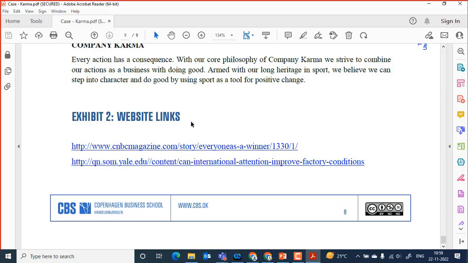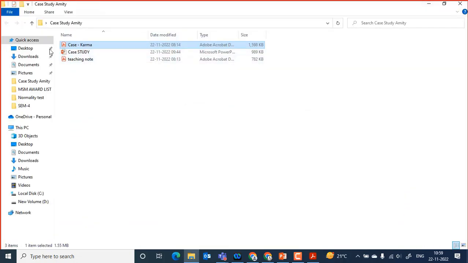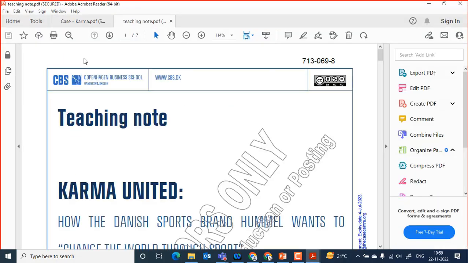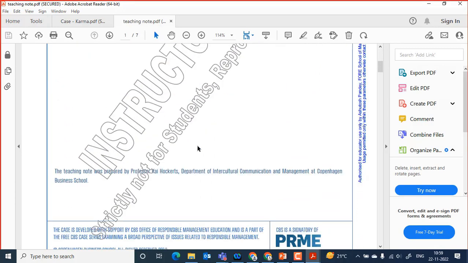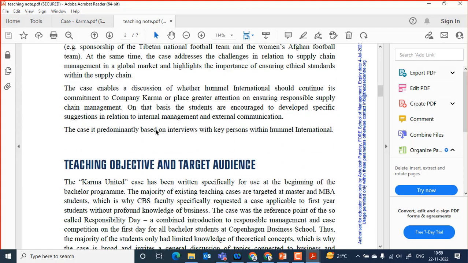Here, sometimes people call it references. So these are the things which you can see and find in the case. Rest, if you go with the teaching note, I will take just one minute and then end this session. Teaching notes start with the title, and then a summarization of the teaching case itself in a few words.